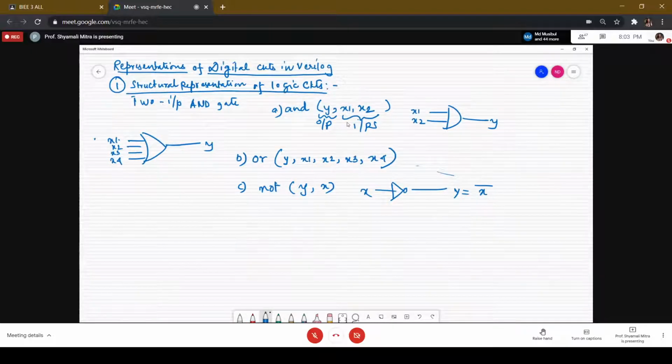So obviously, the module must have the inputs and the outputs, which are referred to as its ports. So let us take an example of a logic circuit and how to represent it with the help of the structural representation. So let us do that.